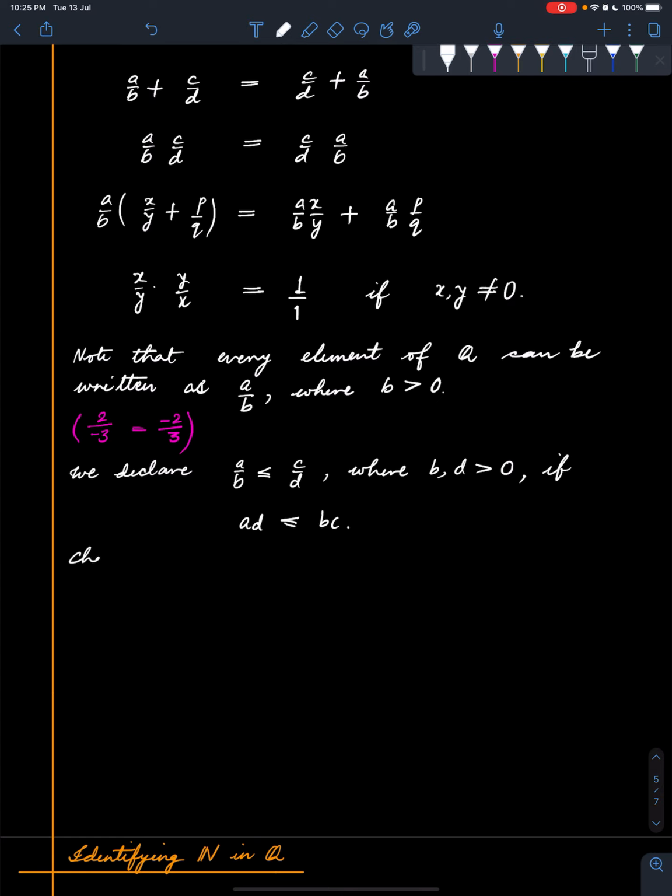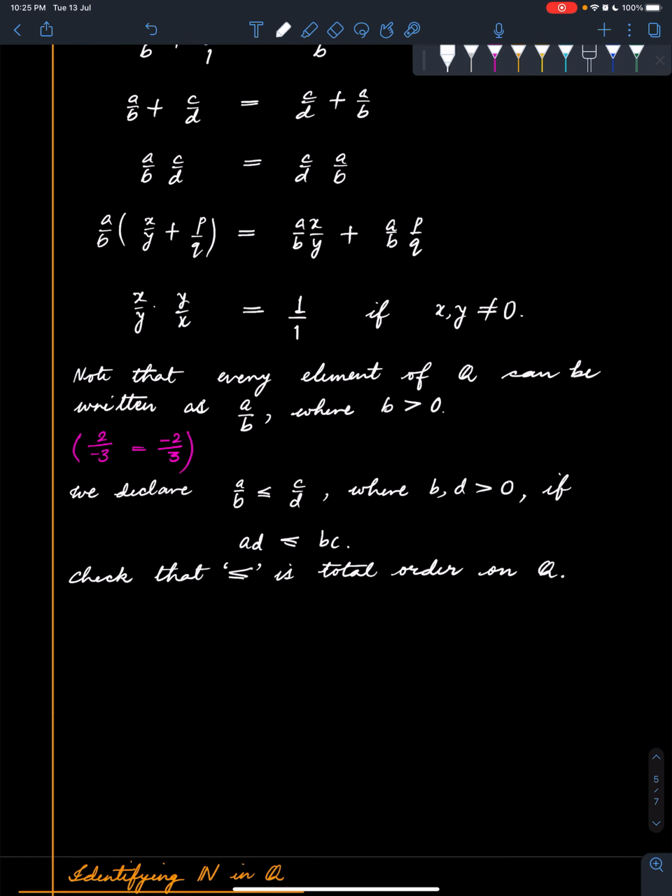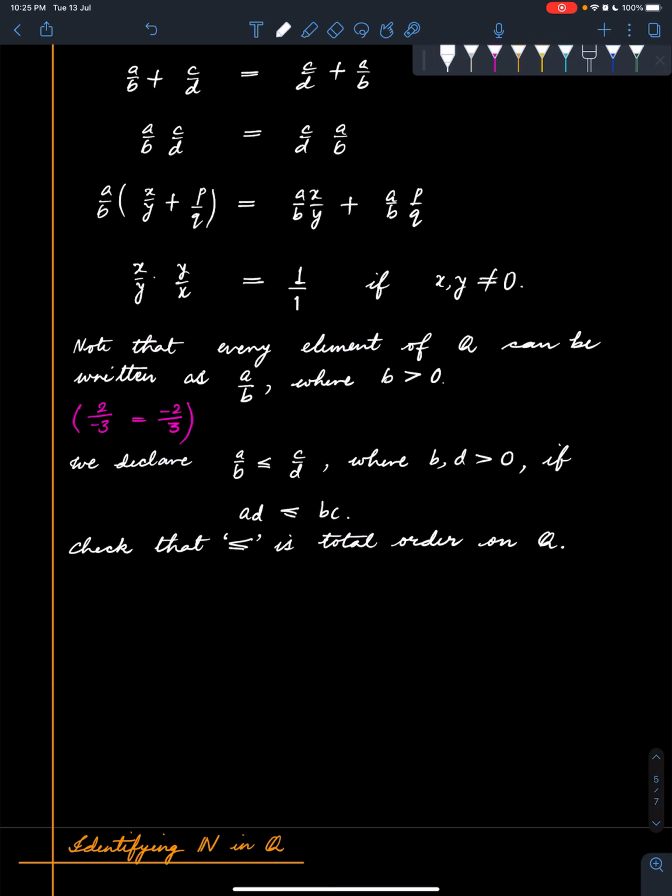and one can check that this is a total order on Q. Check that. Okay, so that's it. And now we need to talk about how we identify natural numbers sitting inside rational numbers, because